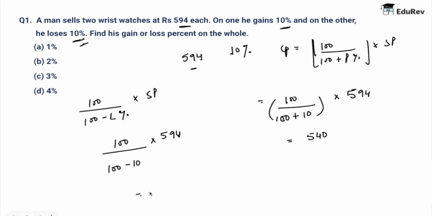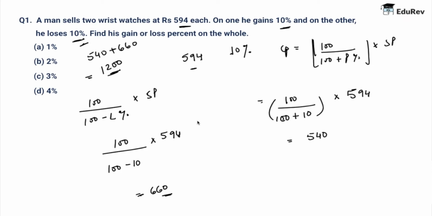That is going to be nothing but 660. To say whether there was an overall profit or loss, we need to find the combined CP and SP, right? So the total CP of the two watches is going to be 550 plus 660, correct? So 550 plus 660 is going to be nothing but 1200 rupees, and the total SP